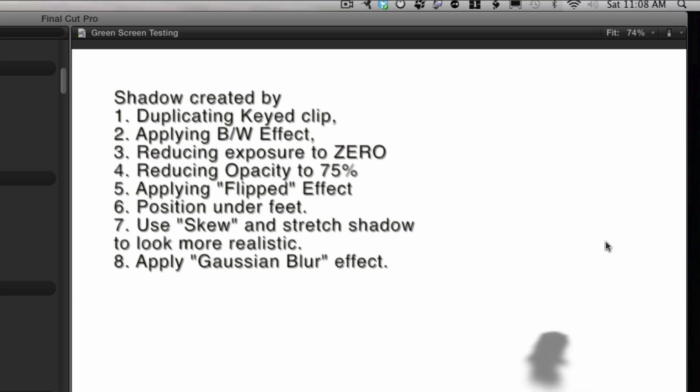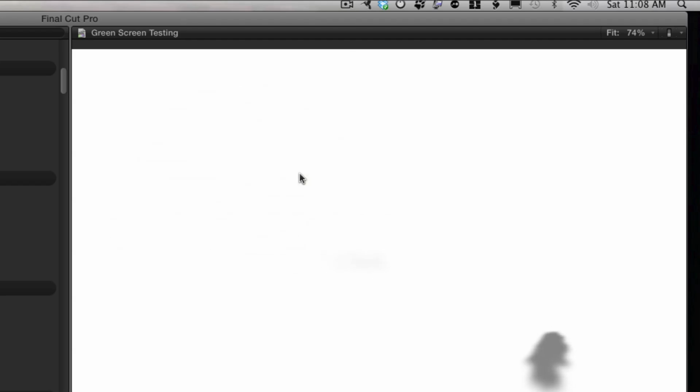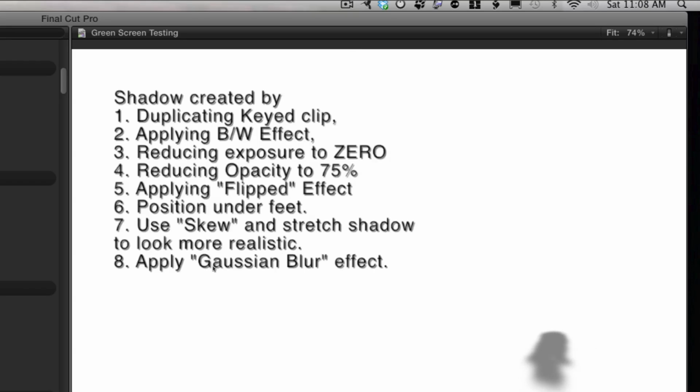Now, I've already figured out that I can take away this applying the black and white effect, because if you go into the color correction, in addition to reducing the exposure to 0, you reduce the saturation to 0, and this does the same thing. So you can cut that out, and that also saves you from having an additional effect applied. But those are the steps that you can use